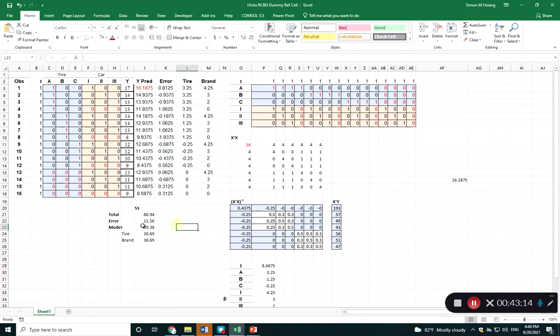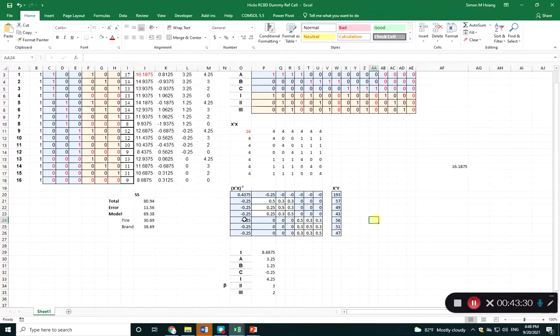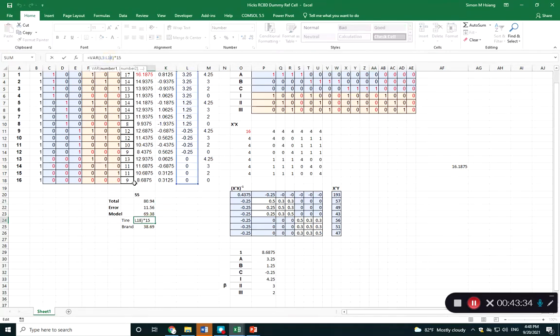And then, of course, I can calculate my tire effect, only the tire part, and then my brand effect, only the brand part. And so I can figure out the sum of square of my tire effect and the sum of square of my brand effect,